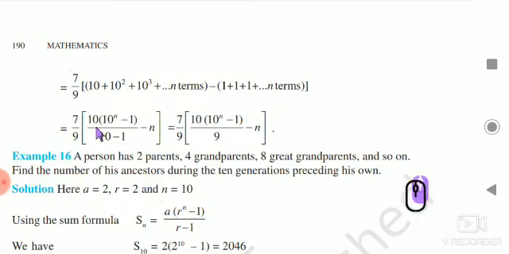Therefore 7 by 9, the first bracket that gives the sum to n terms of the geometric progression, and here the first term is 10. Since the ratio is greater than 1, therefore we have the formula 10 to the power n minus 1 divided by 10 minus 1, minus the second term 1 repeated n many times, therefore it is minus n. That is nothing but 7 by 9 into 10 to the power n minus 1 divided by 10 minus 1, minus n. This is the general formula to find the sum to the given series, that is